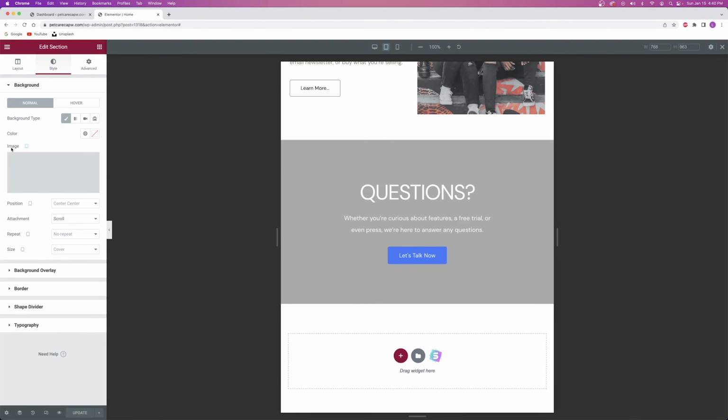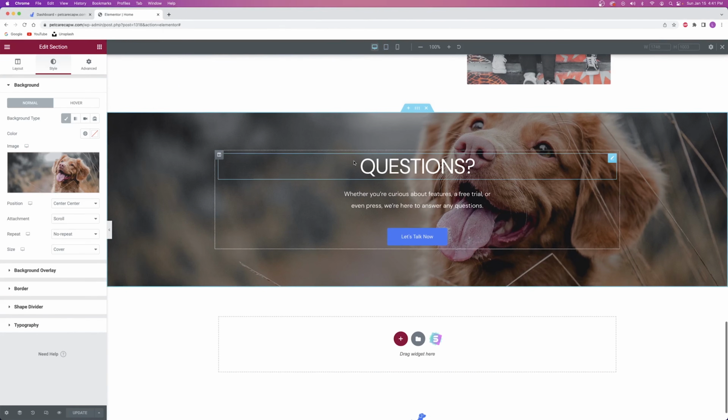And it looks like the image is different. Let's go back to the desktop view. And so it looks like the image is still here on the desktop view. So this is an example of just double checking your work to make sure that everything looks right on different